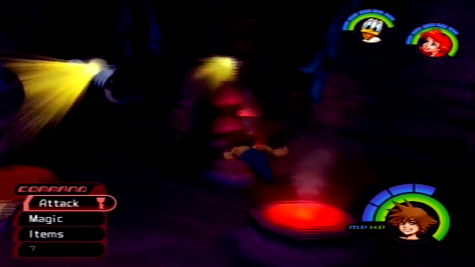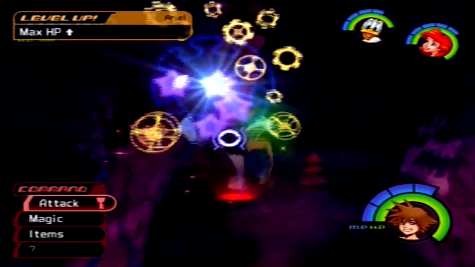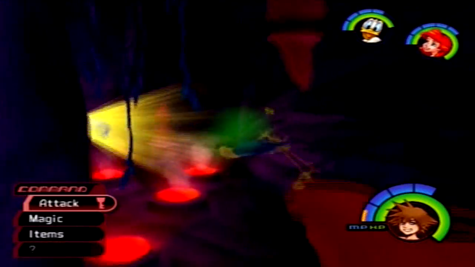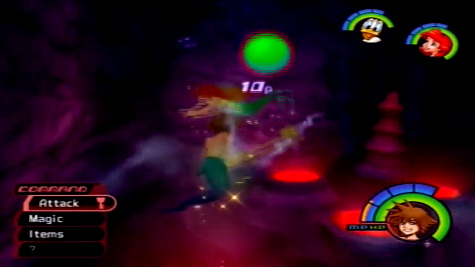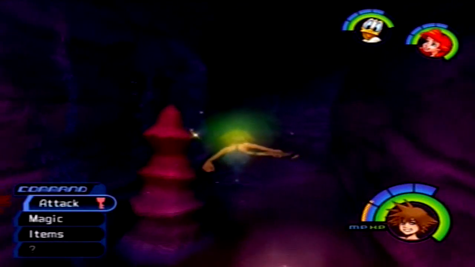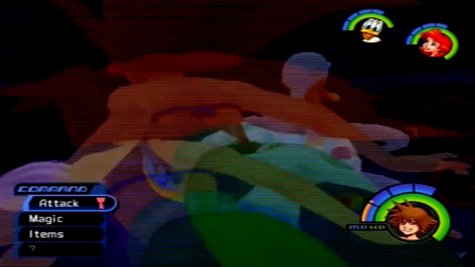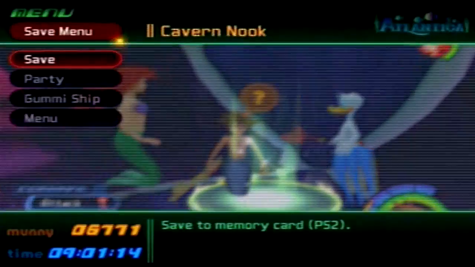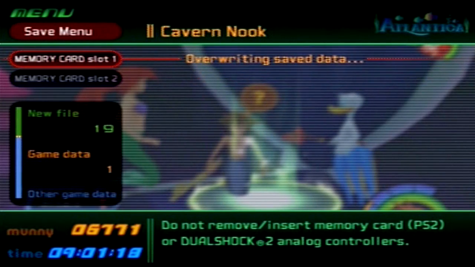And yep, there are some Search Ghosts here, so I guess we better take care of them. And Ariel will gain a max hit point increase. Okay, that's nice. But first things first, before we go track down Ursula, I think we're going to want to save our progress here, in case something bad happens, like if the game glitches out or freezes